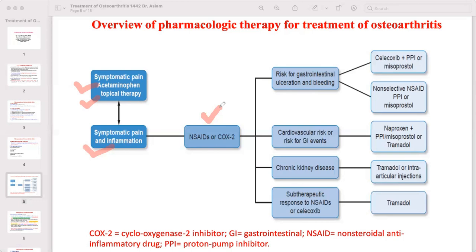But while using these non-steroidal anti-inflammatory drugs, there may be risk of gastrointestinal ulceration and bleeding. If there is a risk of gastrointestinal ulceration and bleeding, the patient should use celecoxib, which is a specific COX-2 inhibitor,